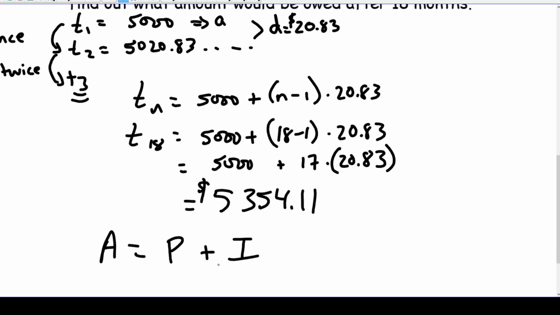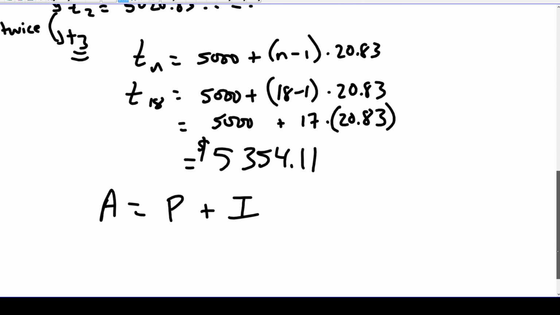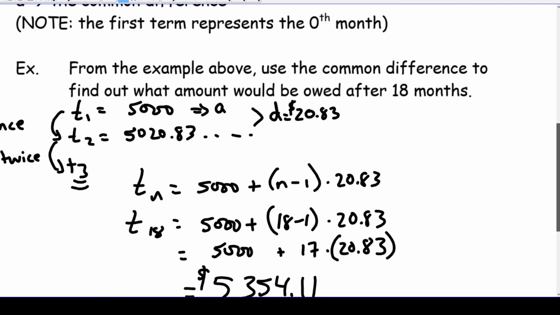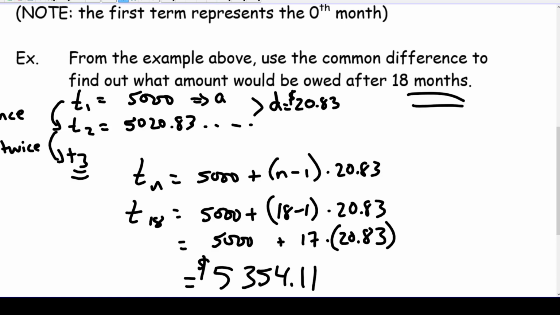Yeah, so we're going to use the A is equal to P plus I. Now, one thing you've got to be careful, folks, is if the time is given in months, which it has been so far, then you have to divide by 12 to convert it into years. If I showed you an example where the time was given in years, though, you would just use that number as your time value, okay?